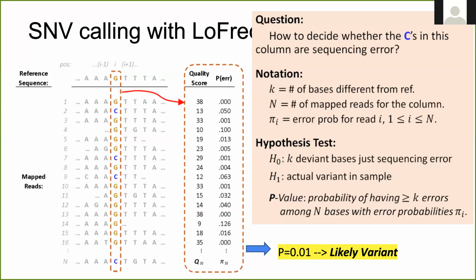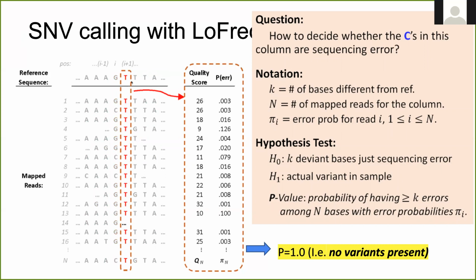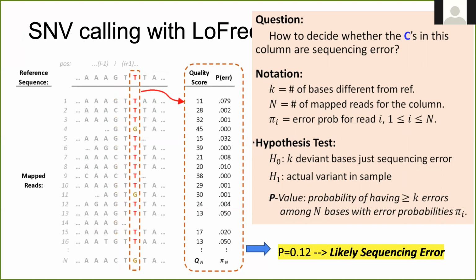And just another example, we can see that there are cases where it's all the reference base, and we can be fairly confident there that there's no variant present. The third case, of course, is when it falls somewhere in between the two extremes. In this case, we don't call a variant, but we do notice that there is a bit more evidence than before, when there was no variant present at all.